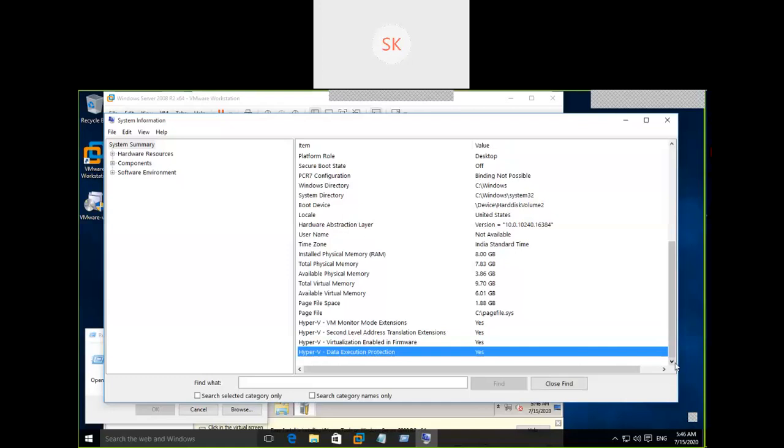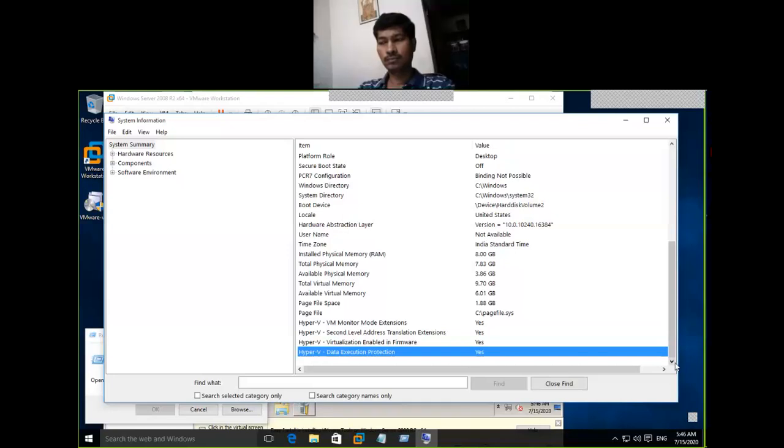Without this virtualization technology on this particular motherboard, you are not able to perform virtualization software installations, or this hardware is not compatible for virtualization. By default, this feature is enabled at the BIOS. If you go to the BIOS, under processor settings, there is an option available, virtualization, disable or enable. Whenever you are planning to perform virtualization, that virtualization technology should be enabled.